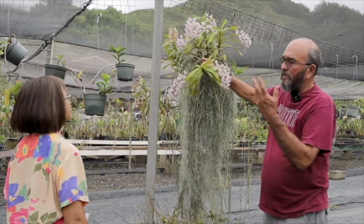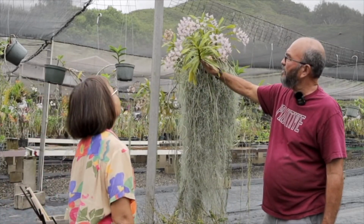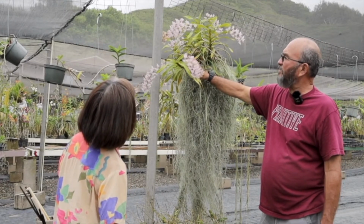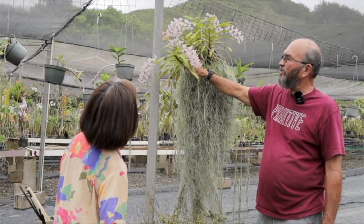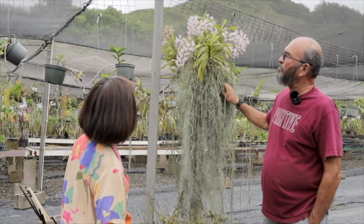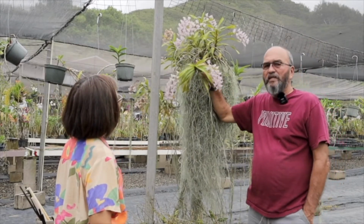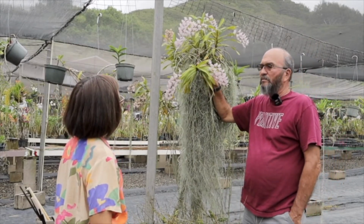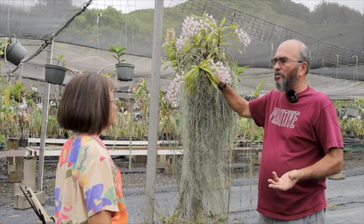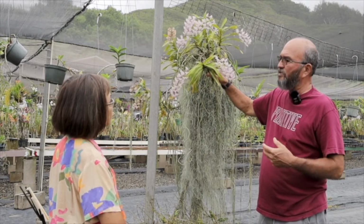That season is done, whereas this is just starting, and of course this is in July, so it's pretty much right on time. Everything this year is a little late, even the honohonos were late. But the one thing I always have to remind people: generally, if an orchid plant smells, it doesn't last that long. The most well-known, besides honohono, worldwide, the most popular smelling orchid plant that I know of is Oncidium Sherry